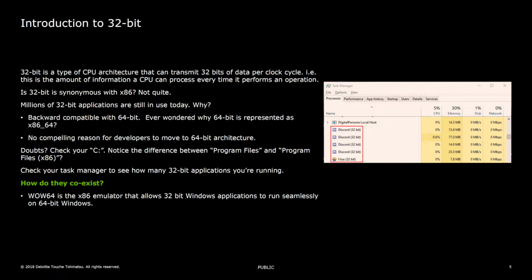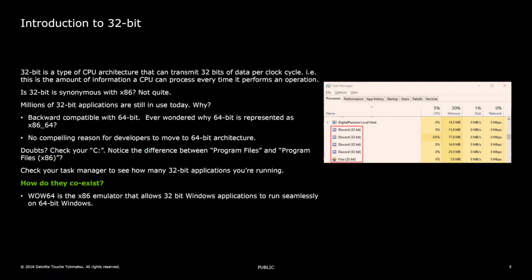Steam's a 32-bit application, but it downloads all the 64-bit applications, or rather games. They're not 32-bit. Did anyone know that? Also, another interesting thing is that even though Steam is a 32-bit application, it will store all the games, irrespective of what bits they are, even if they are 64-bit, in Program Files (x86),